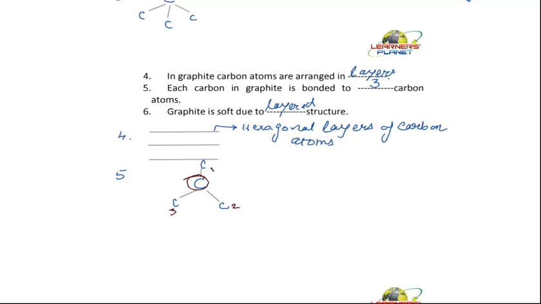Now why does it conduct electricity, students? This is because, I told you, how many valence electrons are there in carbon atoms? There are 4 valence electrons. Now in graphite, each carbon is linked to 3 other carbon atoms. So what about that 1 electron which is not yet bonded? So what happens is that this